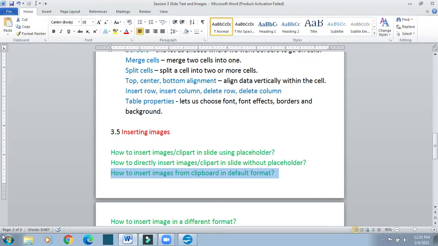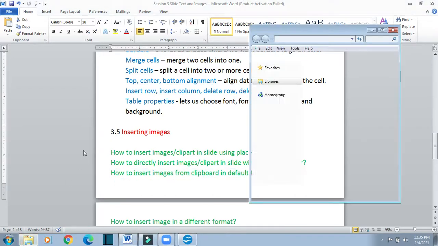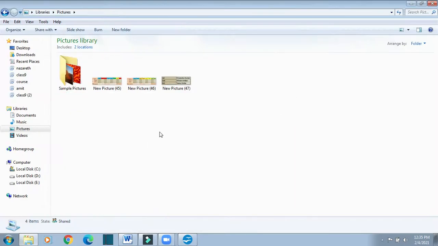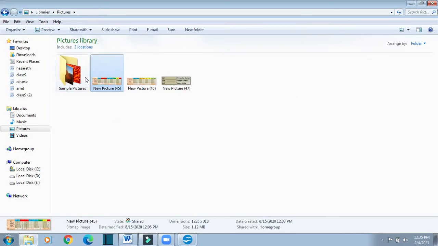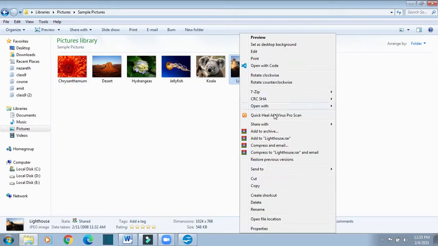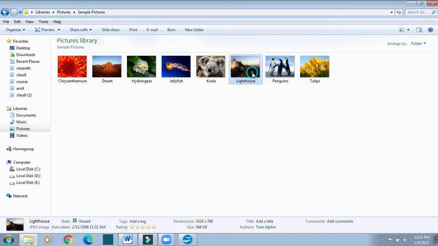So I will just open my folders, and from here I will go to pictures, and I will just copy this picture or cut this picture from here. Right click copy or right click cut, or I can use the shortcut Ctrl plus X for cut and Ctrl plus C for copy. So now this photo has been saved temporarily in the clipboard.